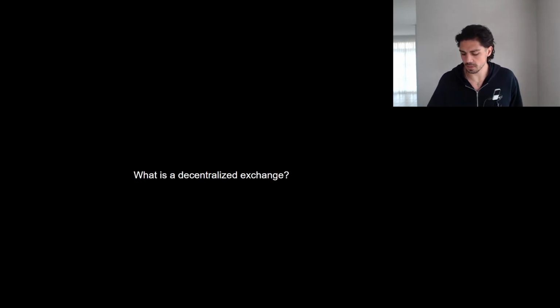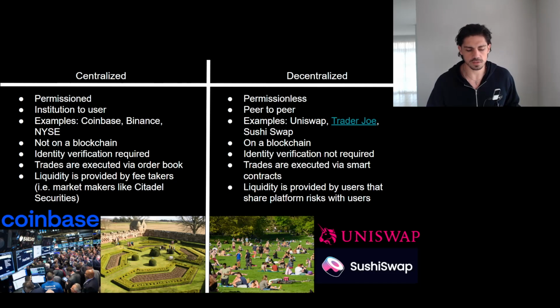And this is a good question, but there's no way I can describe to you what a decentralized exchange is unless we first talk about what a centralized exchange is and kind of compare and contrast what makes them different, right? So I put together this slide to kind of help us talk through this, right? On the left-hand side here, the bottom, you can see that we have this walled garden, right? And that is the right way to kind of visualize what a centralized exchange is. And on the right, you can see this public park setting. And this is what a decentralized ecosystem kind of looks and feels like, right?